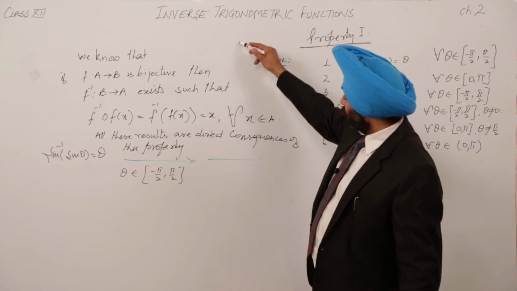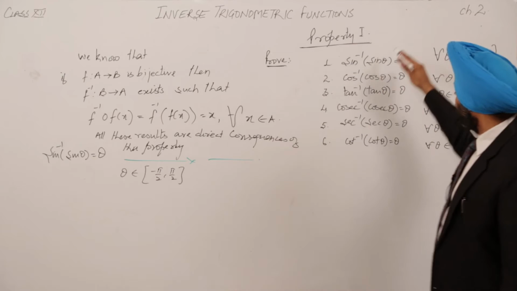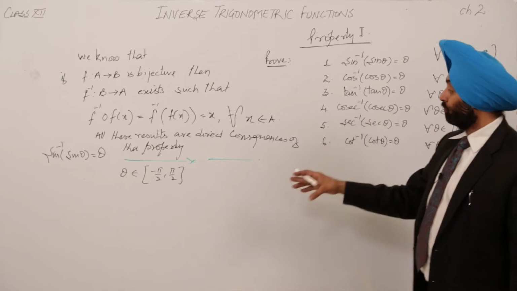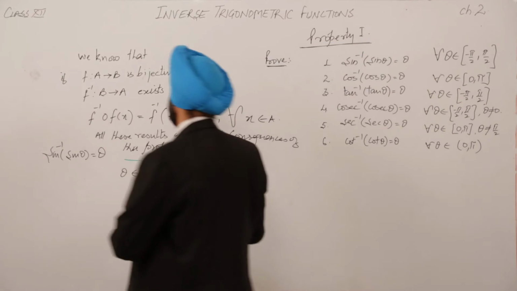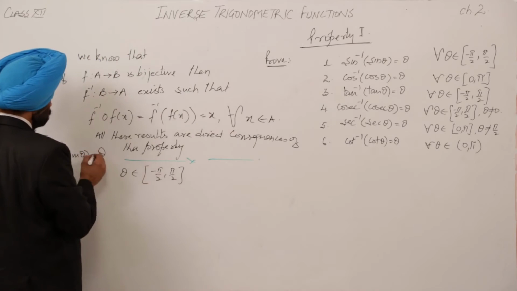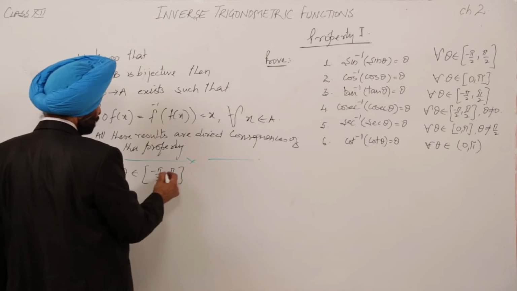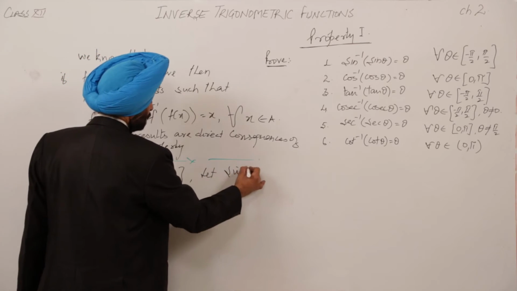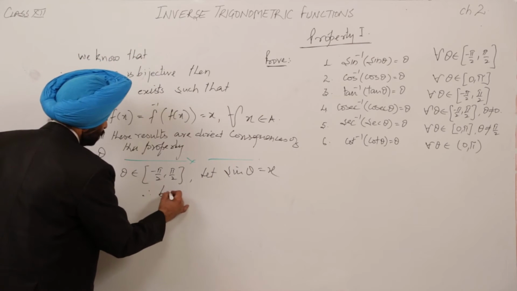On the whole, everything written here will be considered true when you are using this result. And what is this result? Let's check it. Sine inverse sine theta is equal to theta. This I have to prove. Theta belongs to minus pi by 2 to pi by 2. Let sine theta be equal to x. Therefore, by definition,